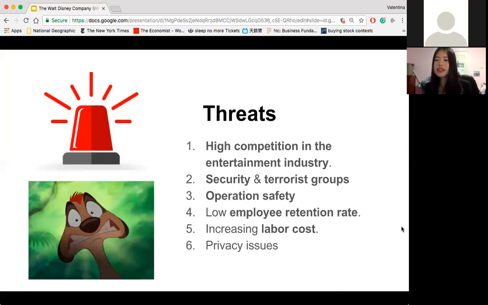And then the other one is that Disney could have a privacy issue. Given its digital, online nature and its databases, it could easily be hacked by people, who could then charge them money because they can threaten them, saying, I hold this much information about your company, and if you don't pay me, I'm going to release it. That's going to be a huge problem for Disney because they have a lot of information and databases online, and a lot of digital data because of their film industry.